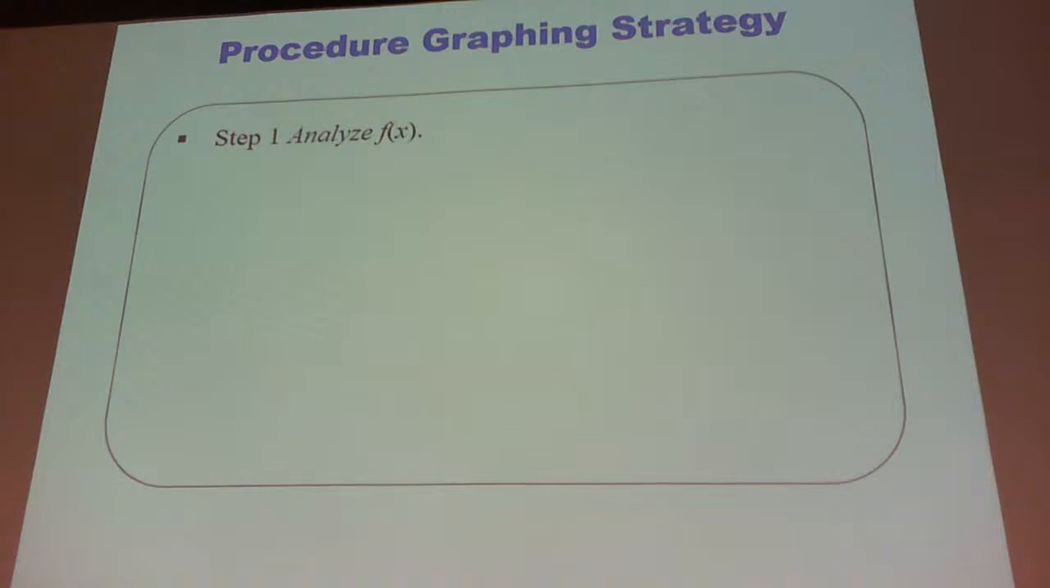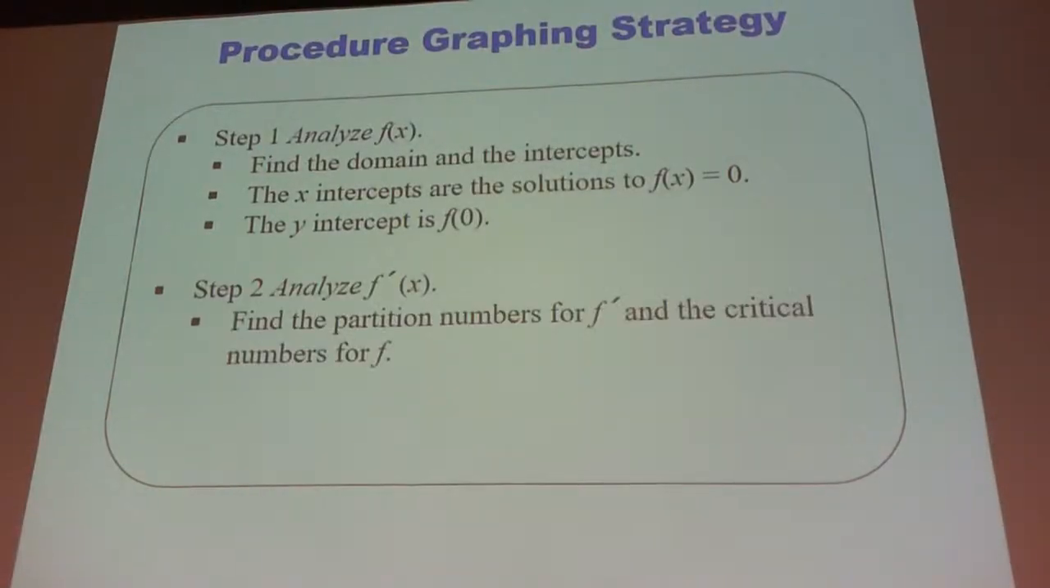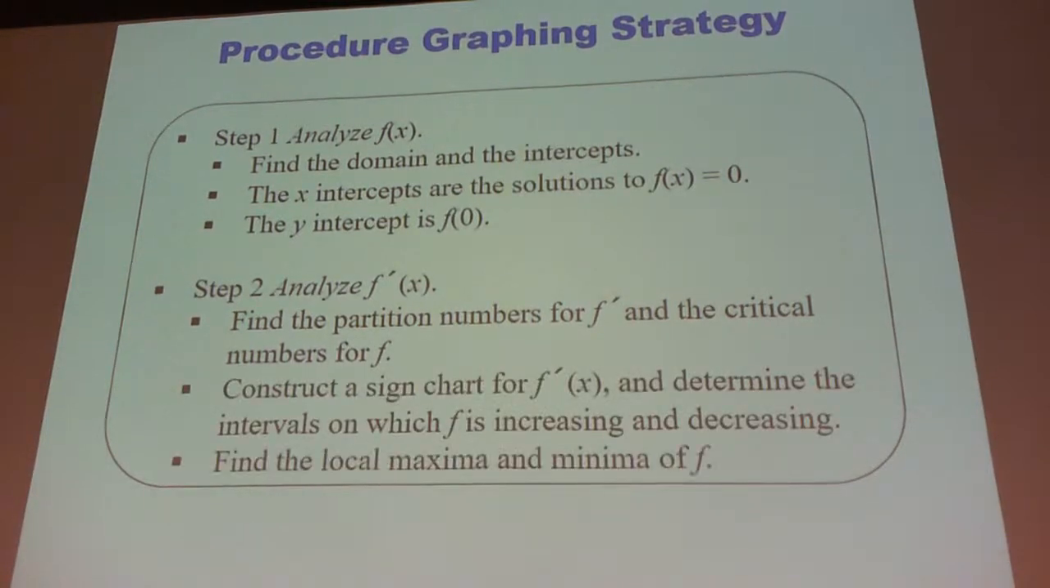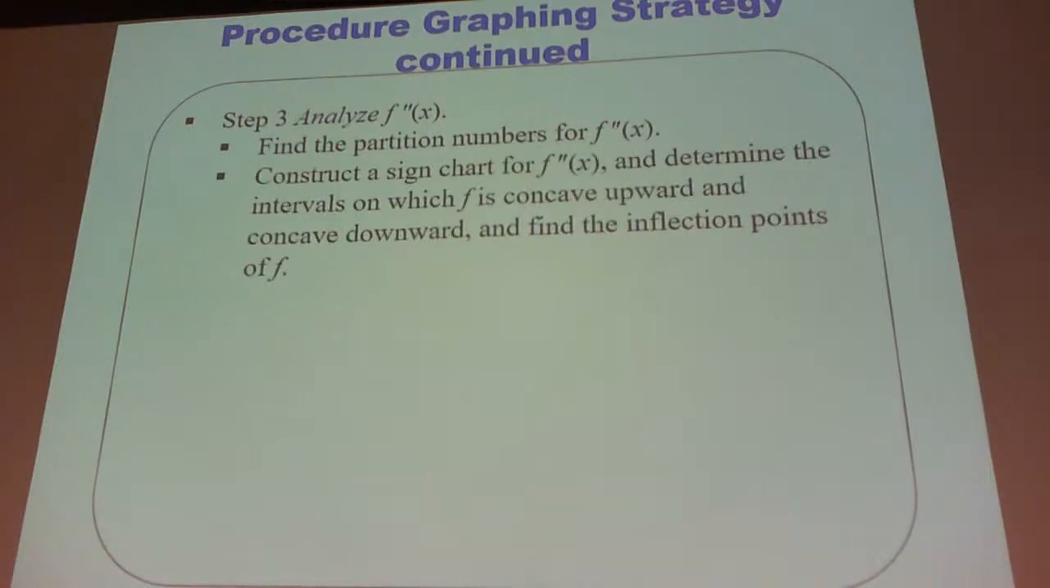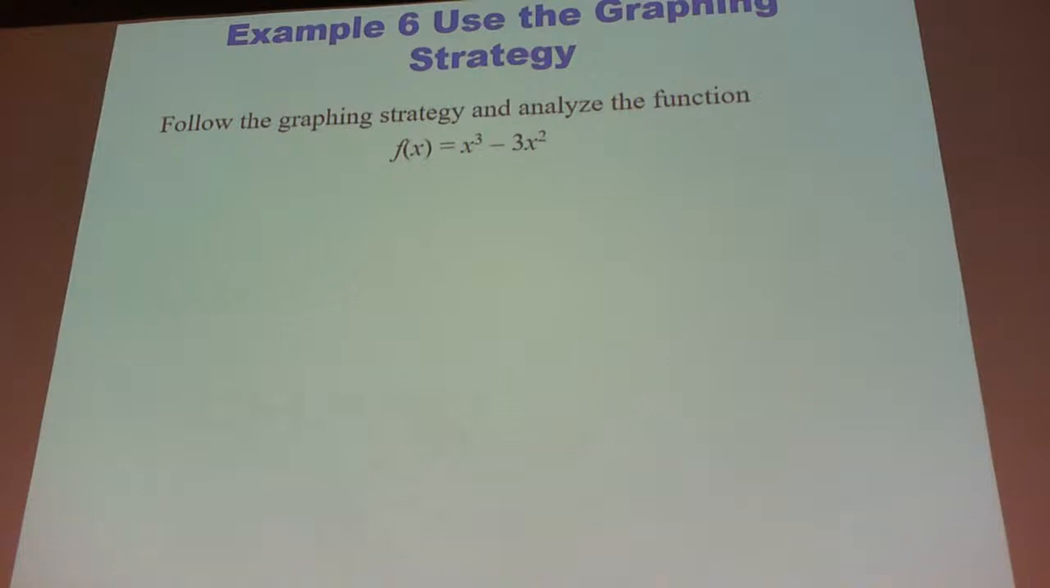Okay, so when we're doing curve sketching, we want to analyze the graph: find the domain, the x-intercepts, the y-intercepts, analyze your first derivative to find where it's increasing and decreasing, and look at the second derivative to find concave up, concave down, and inflection points. And then we can summarize everything. So let's do one big summary of everything we've learned in this chapter. If I had the function x cubed minus 3x squared, and I want to analyze the graph,